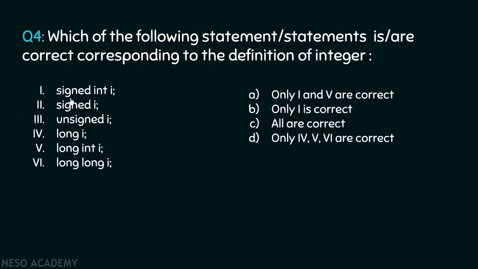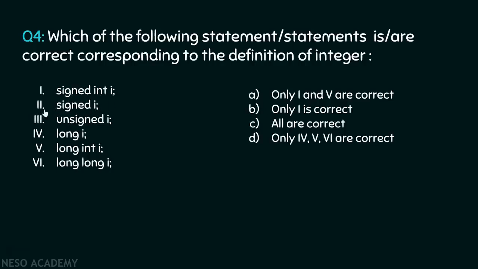Okay, let's understand them one by one. The first interpretation is correct. This is the actual definition of a signed integer. You can also write int I, but instead of int I, you can also write signed int I. Both are one and the same thing. Here, in signed int I, int is a data type and signed is our modifier for integer. Therefore, this is a correct definition.